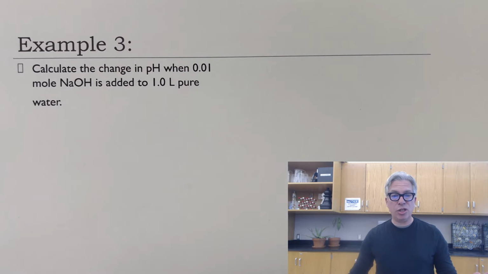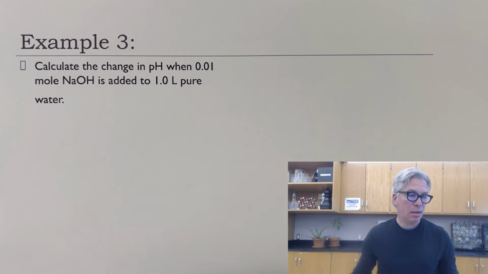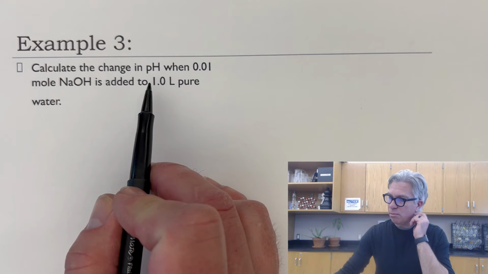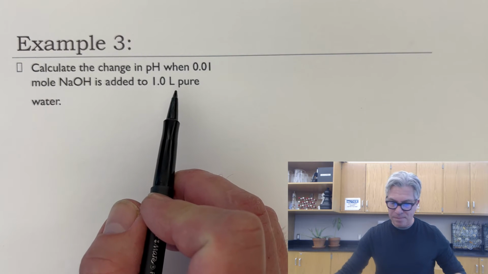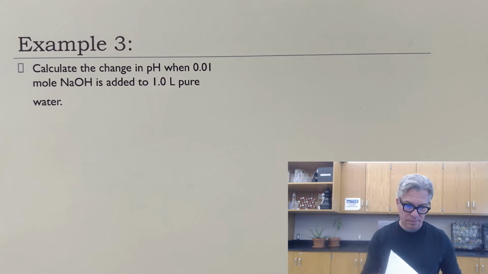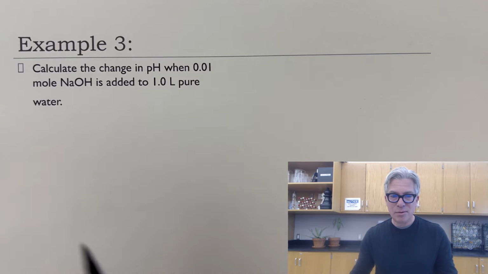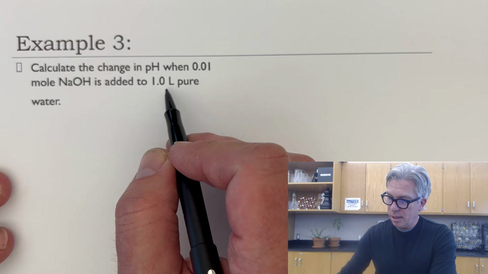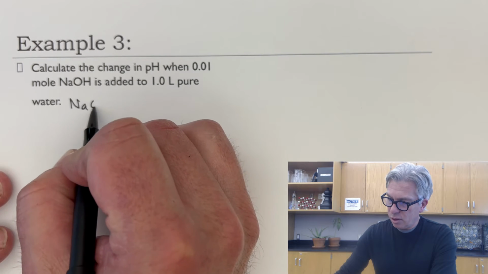And just for fun, we're going to now calculate the pH change that happens when that buffer is messed with. So we're going to mess with the buffer, and in fact, we're going to calculate the change in pH when 0.01 moles of NaOH is added to 1 liter of pure water. Let's just do pure water first. Okay? And basically what that means is if I'm dropping 0.01 moles in 1 liter of pure water, and sodium hydroxide is one of our strong bases,